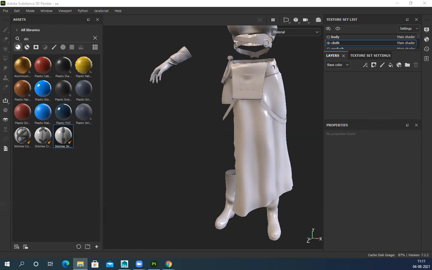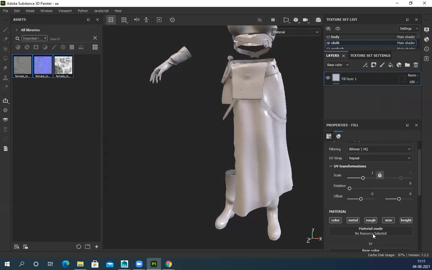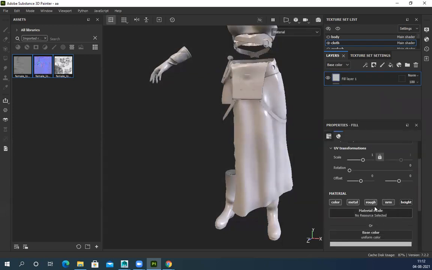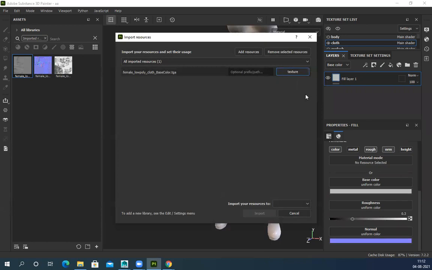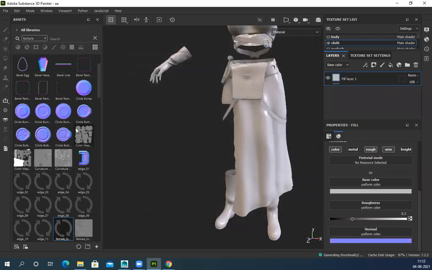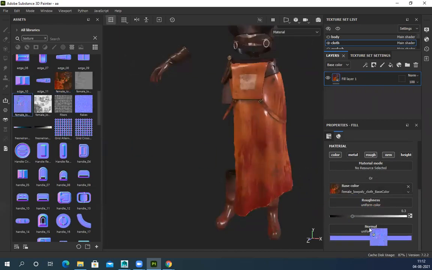Okay, just give me a second. Okay, I have the normal, plot and graphics. Let me import this. A normal, required height and metal switch. Oh, base color I forgot to import. So color, normal.